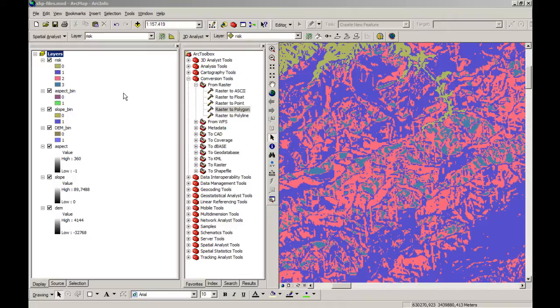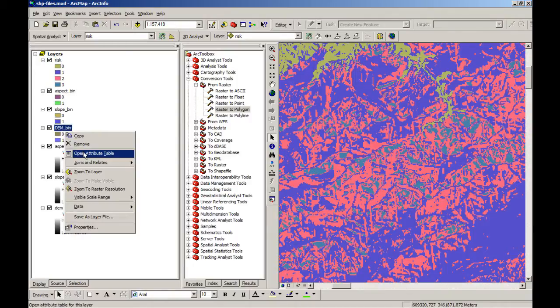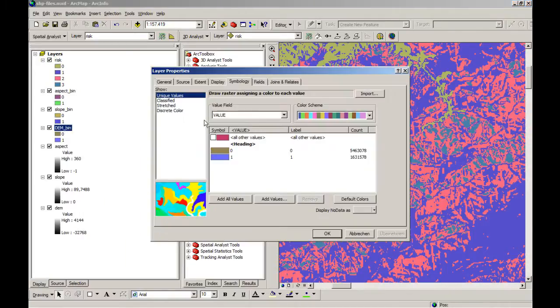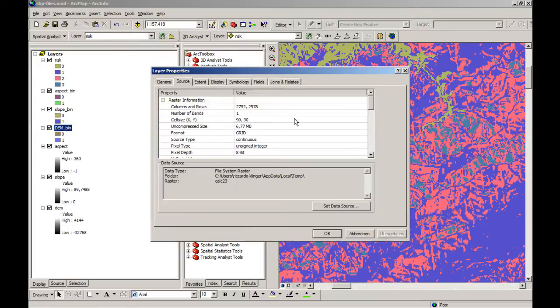Welcome to the second part of this video tutorial. So we will begin with the last result. So this is a risk map, or maybe the risk layer. And first of all, I would like to say to you that all calculations you are doing here are just temporal. So if we look at the properties of this layer and also the source, you can see that it's